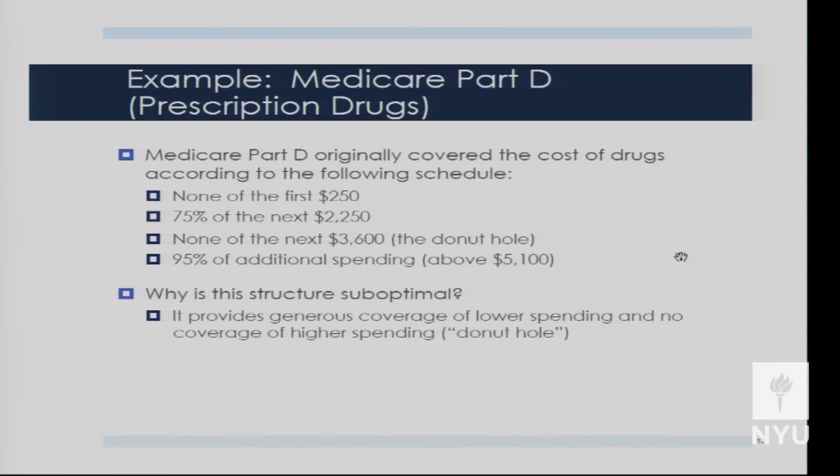That's a very unusual pattern of moral hazard if this thing is optimal. We suspect this thing is not optimal, right, when we look at it. That donut hole is offering people zero consumption smoothing for spending between $3,600 and $5,100 a year on medical drugs. And so this was created, it turns out, this donut hole and the way this was structured was